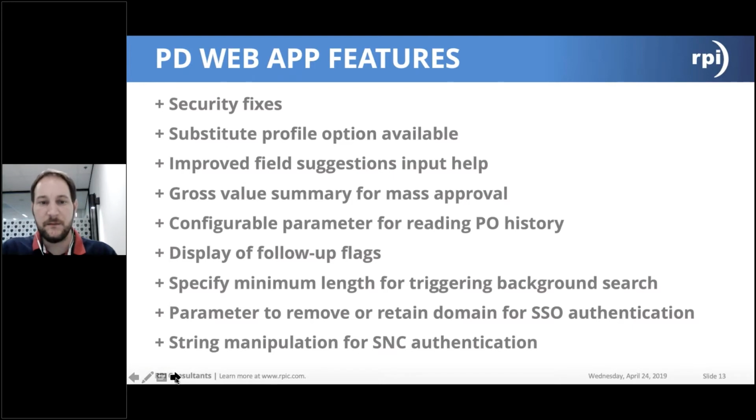Okay, further, in the PDWeb app we also got the option to have follow-up flags. In the previous version, this option was not available, so the user could not see the follow-up flags. But now, with the new version, we can also show these follow-up flags in overview mode. This also gives users the opportunity to visually find the documents